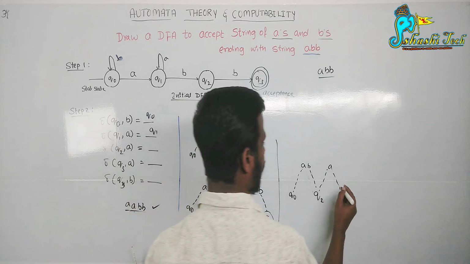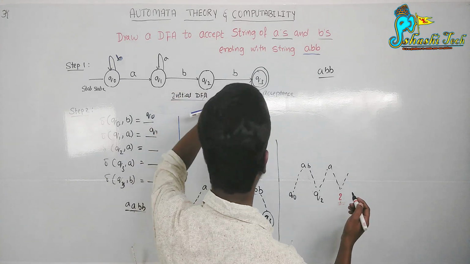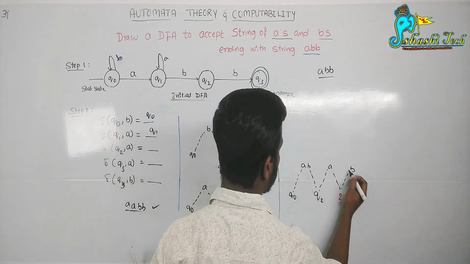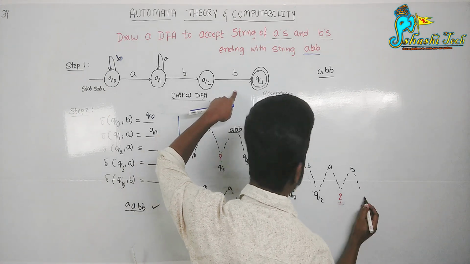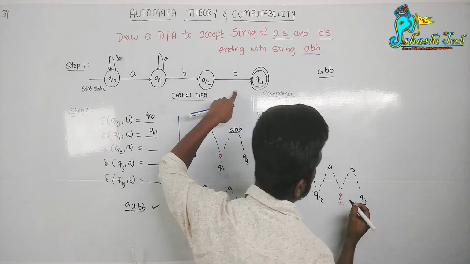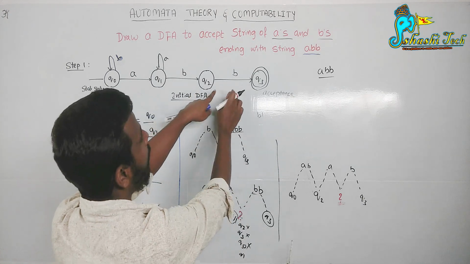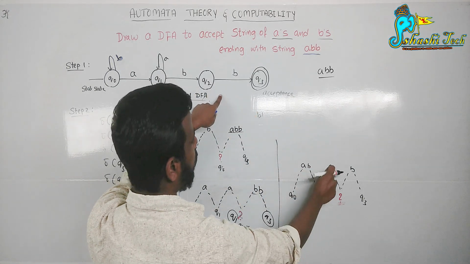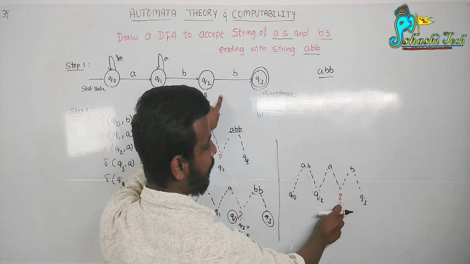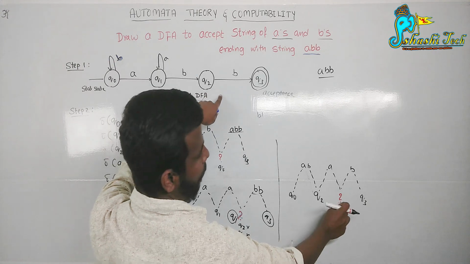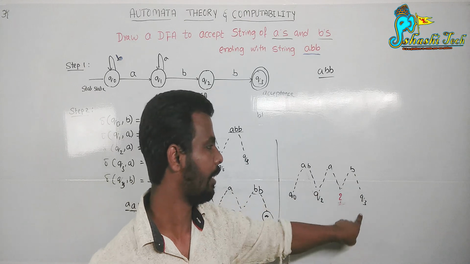So then, upon accepting something, what is remaining? This B is remaining. Which B is remaining? Something upon accepting B is going to reach the Q3 state. Did you understand why I am writing B here? This B is remaining. Q2 upon accepting something is going to reach some state. Q2 upon accepting A is going to reach some state. The remaining thing is upon accepting B, it is going to reach Q3.